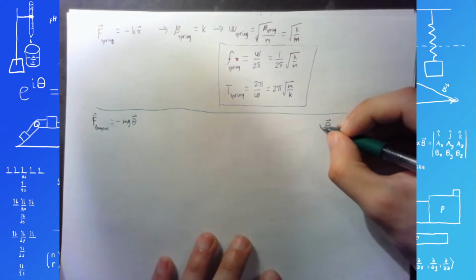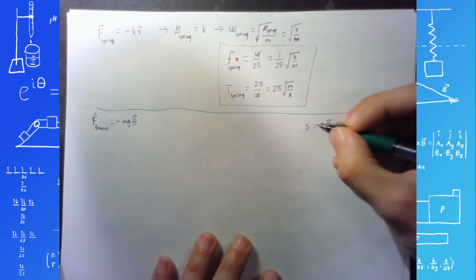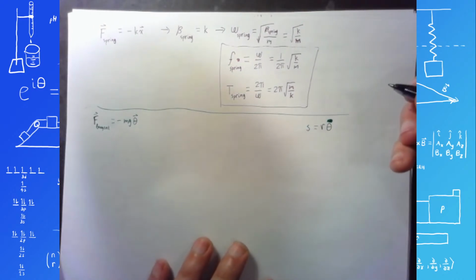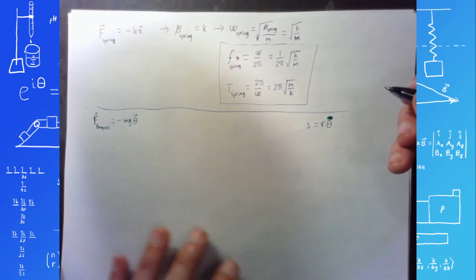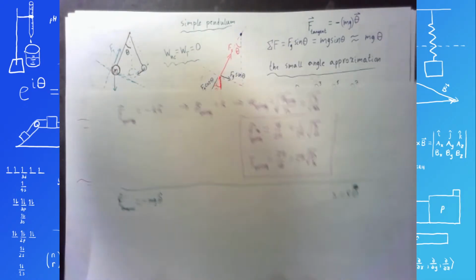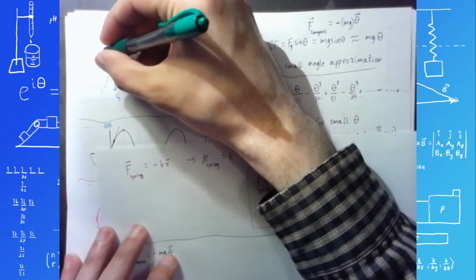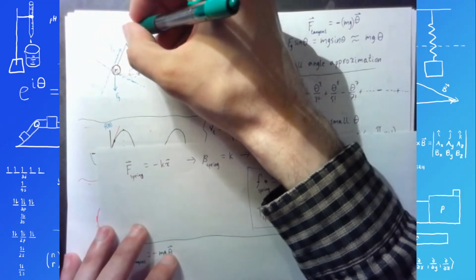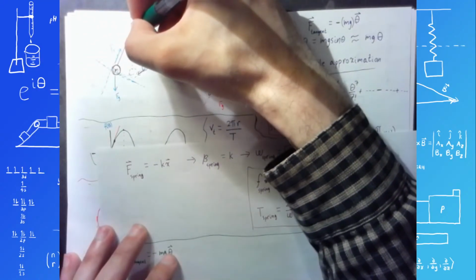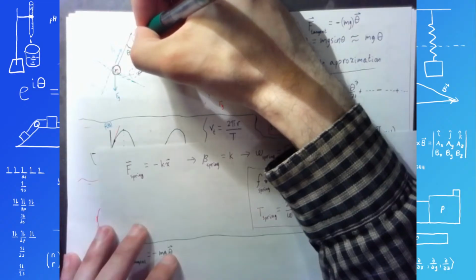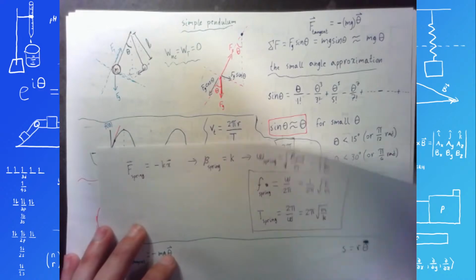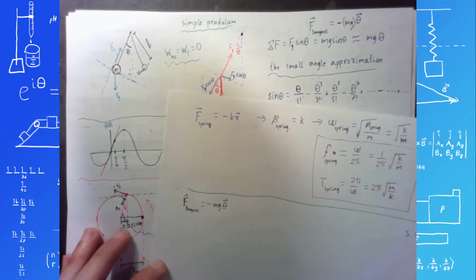times r is equal to s, right? Well, I guess I don't need the arrowhead there. s is equal to r theta. We learned that in the previous chapter. And r, in the case of the pendulum, if this is part of some sort of circular path, the radius of that circle is just going to be the length of the pendulum string, which I will call L, lowercase l, or capital L. I guess it depends on